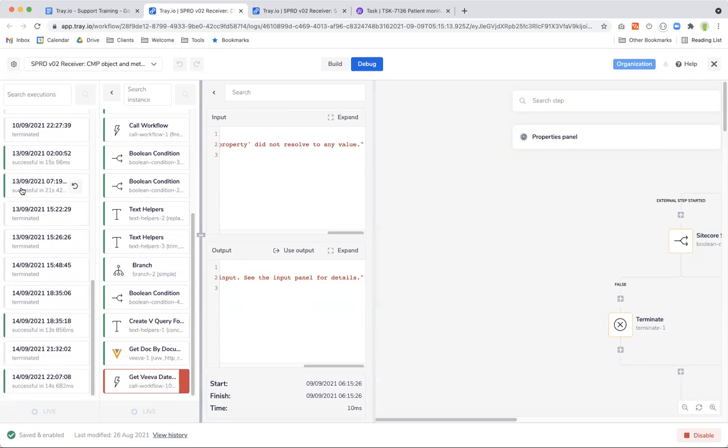What I was asking is, where will we see the exact issue? What's the error actually? Is it on the tray interface, or will we be able to see it on the CMP workflow? No, you wouldn't see it on the CMP workflow because